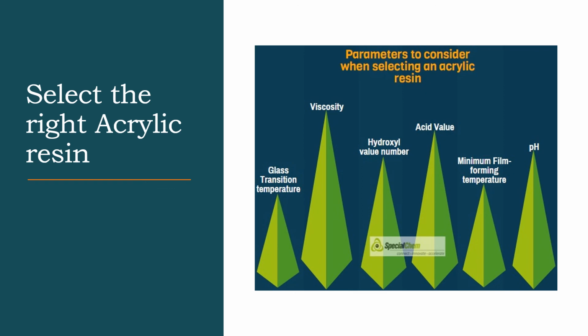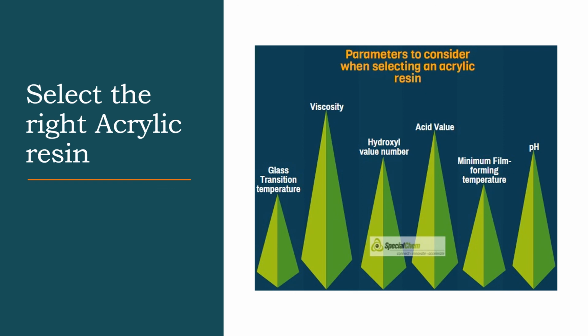Then minimum film forming temperature. The minimum film forming temperature is the minimum temperature below which the acrylic latex will lead to a cracked material rather than a continuous film. Meaning if you have a resin with an MFT of 5, then you can apply that paint at 5. If you go below 5, then it will start cracking, film cracking and peeling off, these kinds of things. So this is the term which gives you the information on whether this resin is appropriate for exterior application, interior application, or application at a specific temperature.